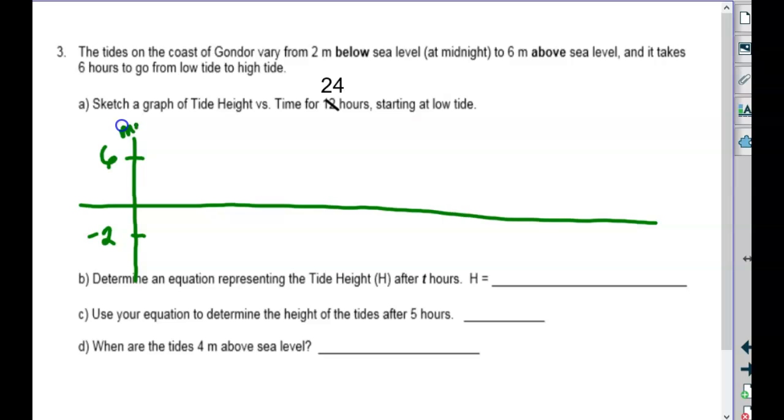Okay, if we made 0 midnight, so like hour 0 of the day, does that make sense? So what can we do then? It takes 6 hours to go from low to high. And where is it at midnight? So it's low, and then it's high 6 hours later, which is actually 6 a.m., right? And then what? Is that a period? So then we'd have